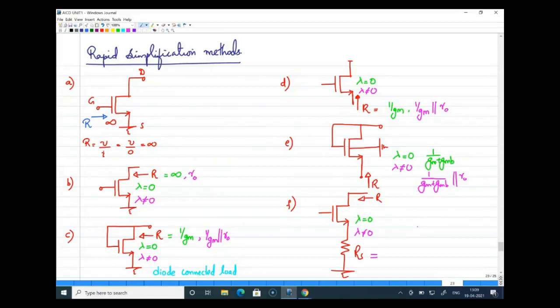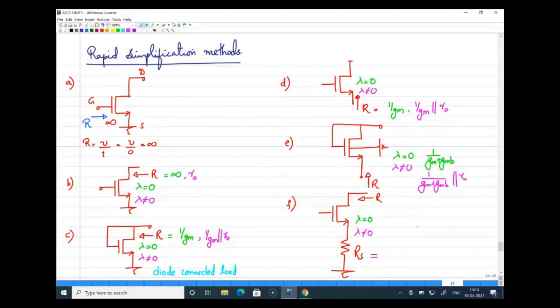1 by GM parallel R naught, whole plus RS. Okay, so you put 1 by GM parallel R naught by looking at C? You told it is 1 by GM parallel to R naught. My question is, why did you say it is 1 by GM parallel to R naught? Is it that you compared with the other examples we just saw, or you